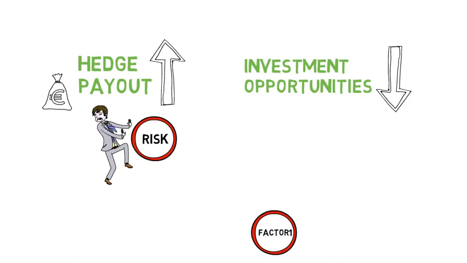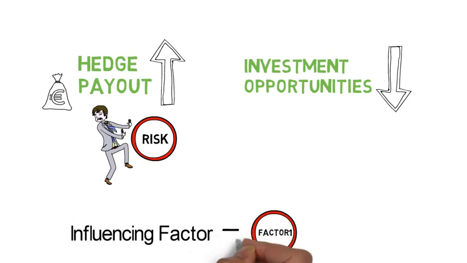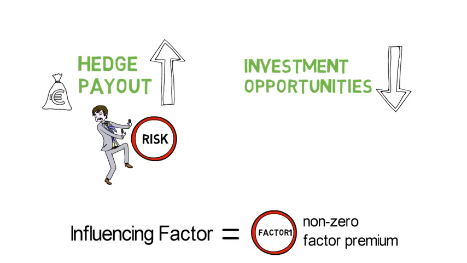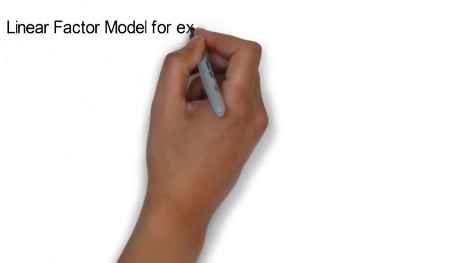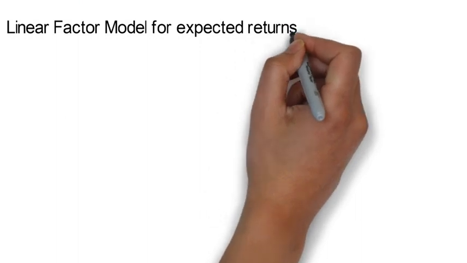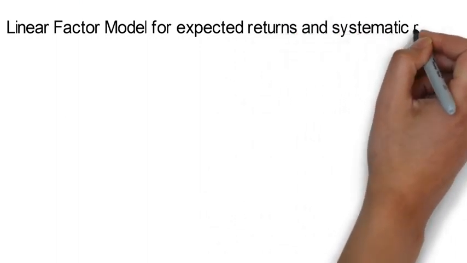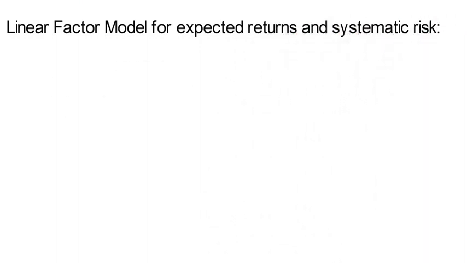Any factor that moves either the level or the slope of the allocation line is considered to be a systematic risk factor that comes along with a non-zero factor premium. The respective linear factor model for expected returns and systematic risk equals, according to the I-CAPM, that expression here, where